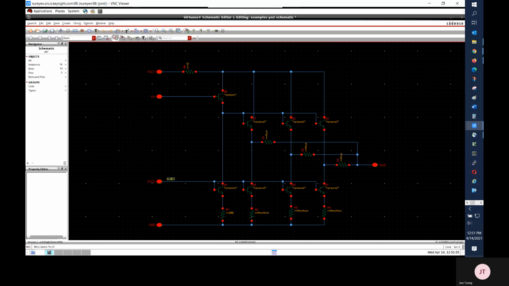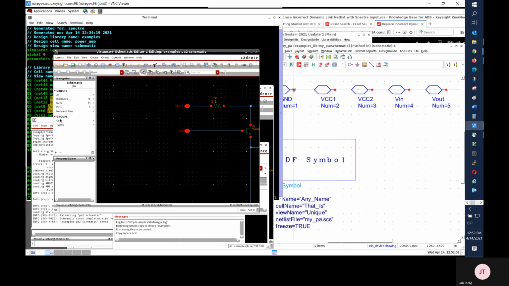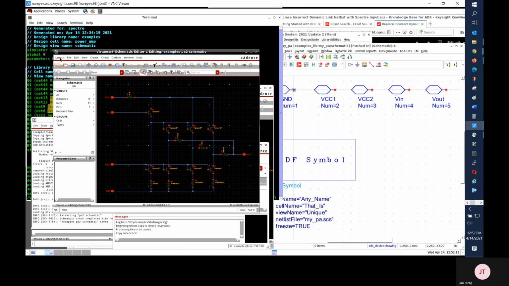Deleting the VCC1 and VCC2 labels. Do a check and save, and go to ADE to generate a new netlist.